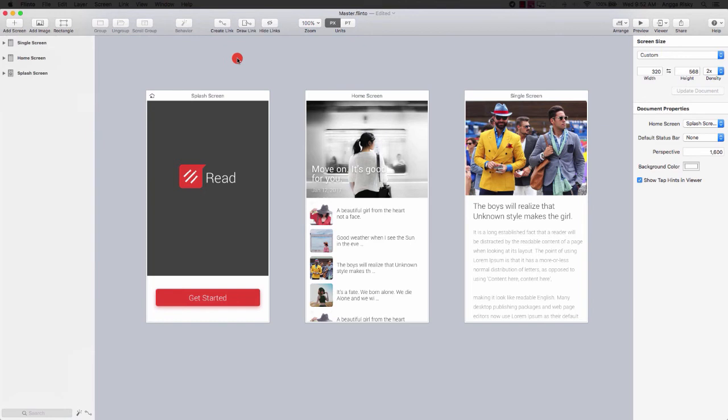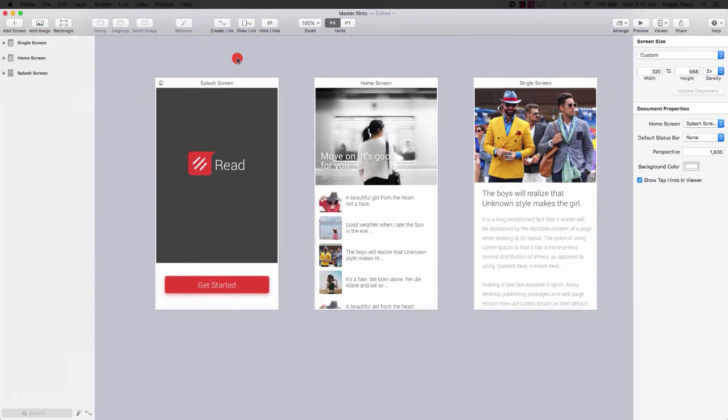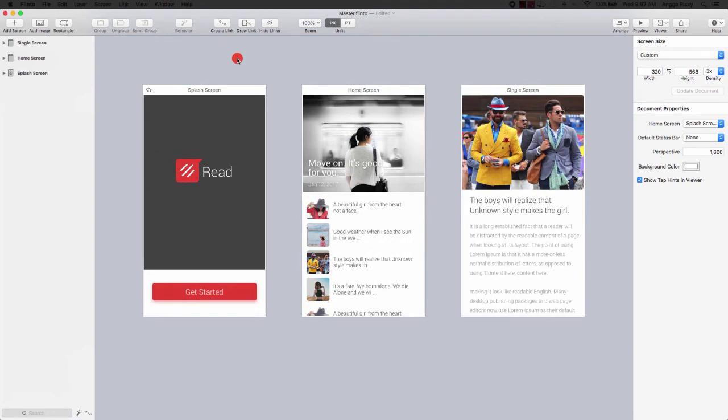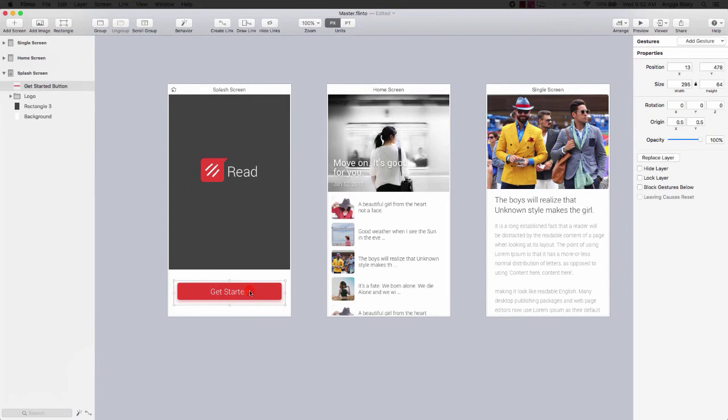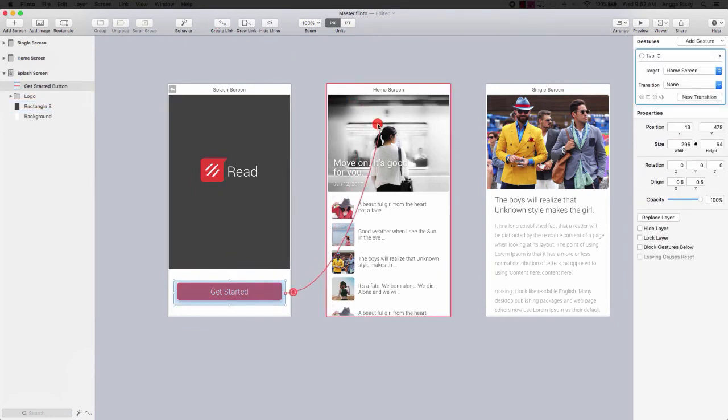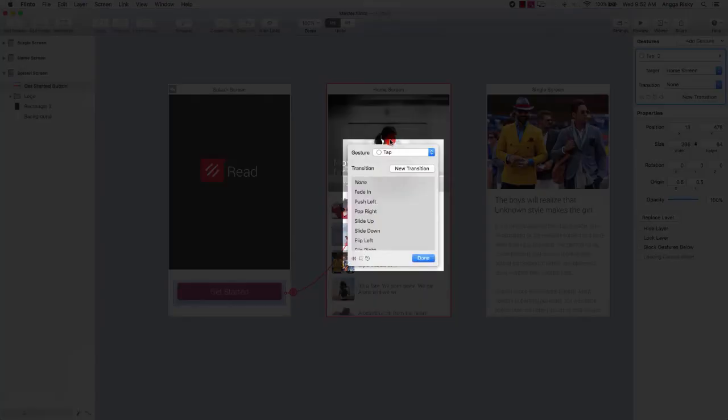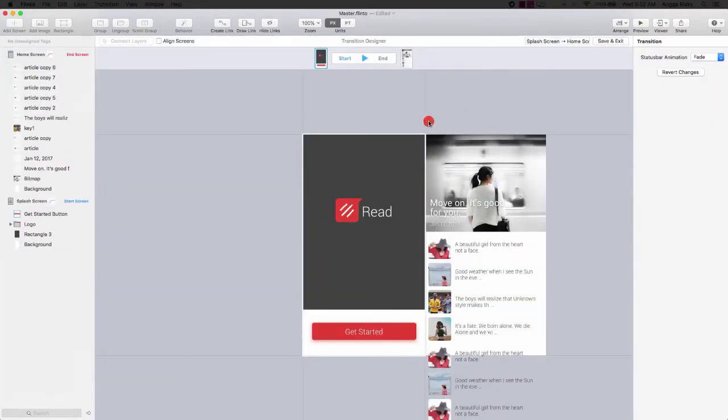So in this video we will create the animation step by step with Flinto for Mac. Okay, so you can click here the get started button and create link, and you can target here to the home screen and then new transition, and this is a start patch, and when we click this get started, it'll be like this. Okay, it's cool,